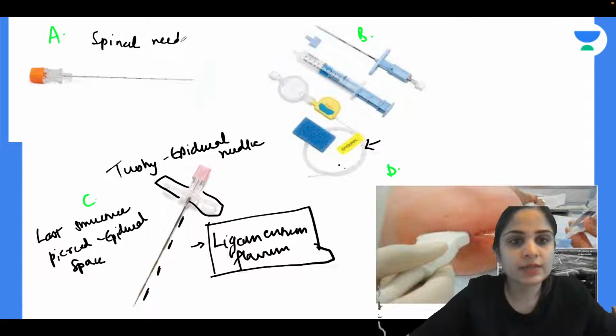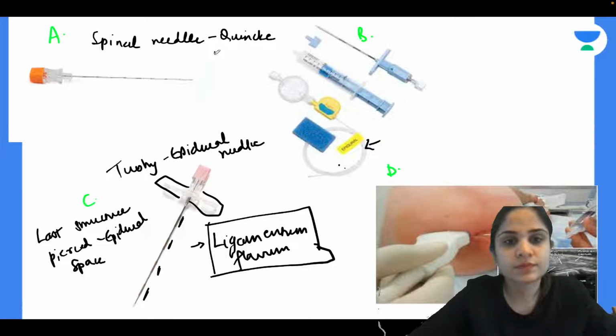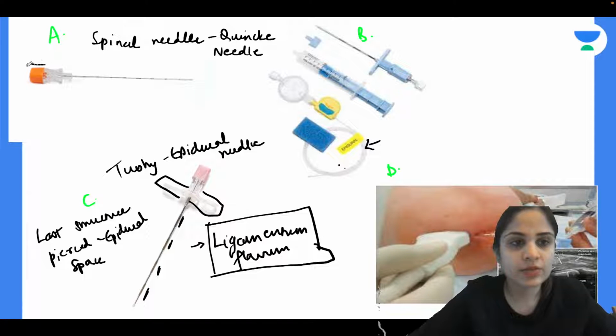Can anyone tell me what is the other name of spinal needle? Other name of spinal needle is nothing but Quincke-Babcock needle. Now, how does a spinal needle look? How is it different from Toohey needle or epidural needle? You should know about it. So, can you see the spinal needle does not have a flange. It has a small hub over here. And this transparent hub is where you will get the CSF flowing. So you can see the backflow of CSF in this transparent hub. And then you have a thin needle over here. So, this is called your spinal needle.